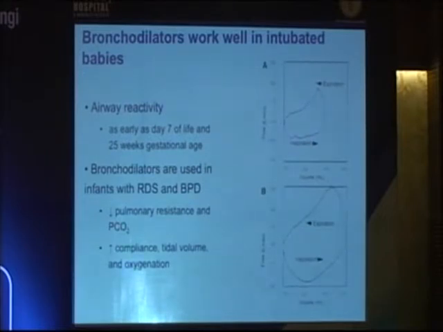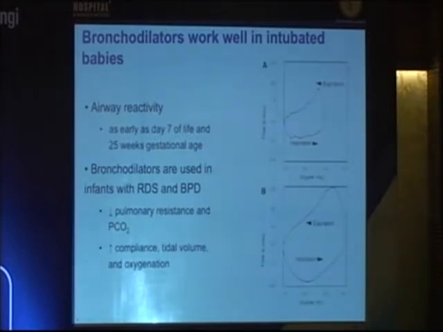But one thing that you can look at in your mechanically ventilated children is a flow volume loop. Okay, this is going to be inhalation, and this is going to be exhalation. And you'll see that even as early as 7 days of life and 25 weeks gestational age, there's still going to be some bronchial smooth muscle, and that bronchial smooth muscle may respond well to inhaled bronchodilators. So even premature infants, in some ways, if they have poor lung compliance and they have high airway resistance, they may benefit from